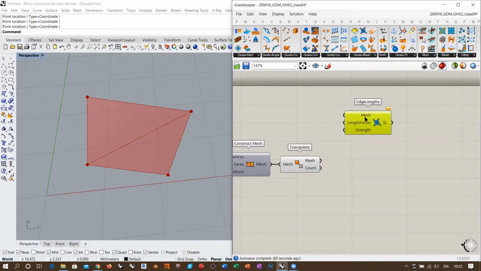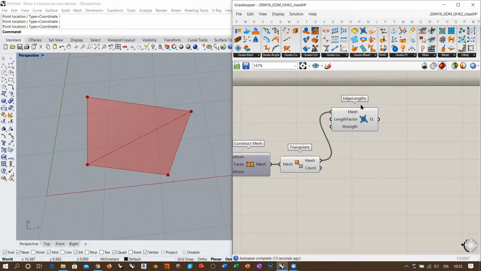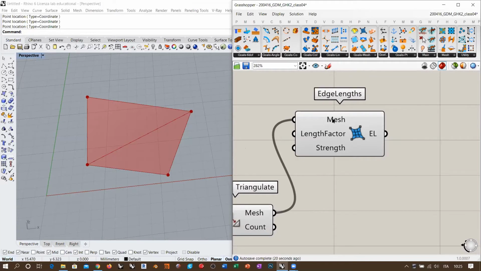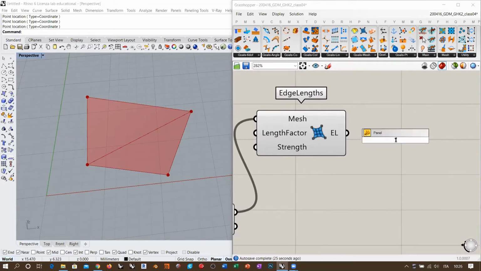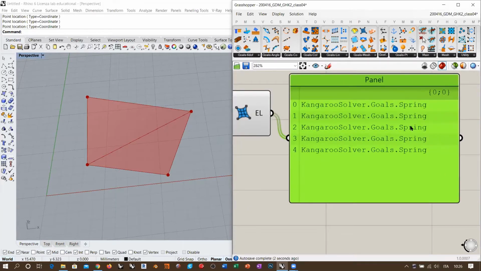We can take the edge length component that takes the mesh. Length factor is by default set to 1. Strength is set to 1, which is quite weak, actually. We can eventually increase this value during the simulation if you see that this thing is going to deform too much. And this is enough because the edge length is not acting on the mesh, it's acting on mesh edges. So you have a mesh coming in the mesh input, but as output, what you get is basically 1, 2, 3, 4, 5 springs,